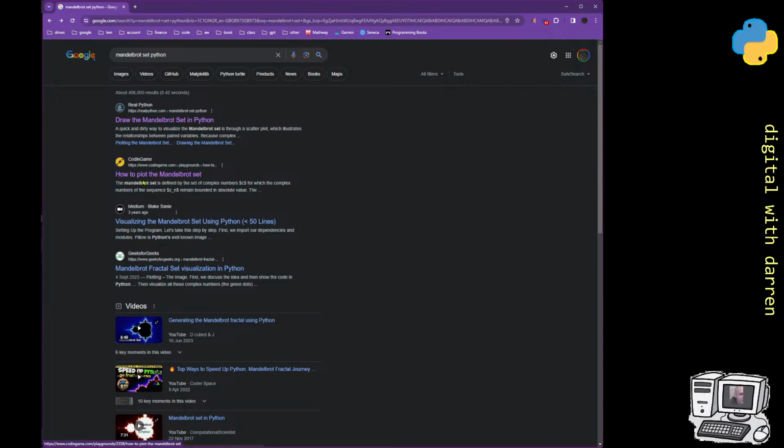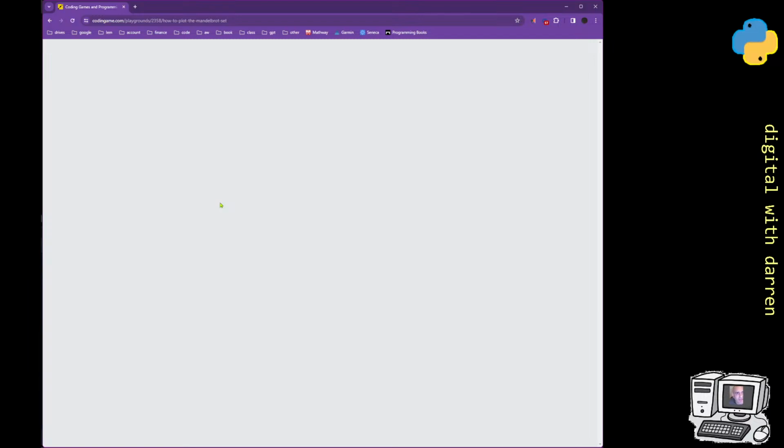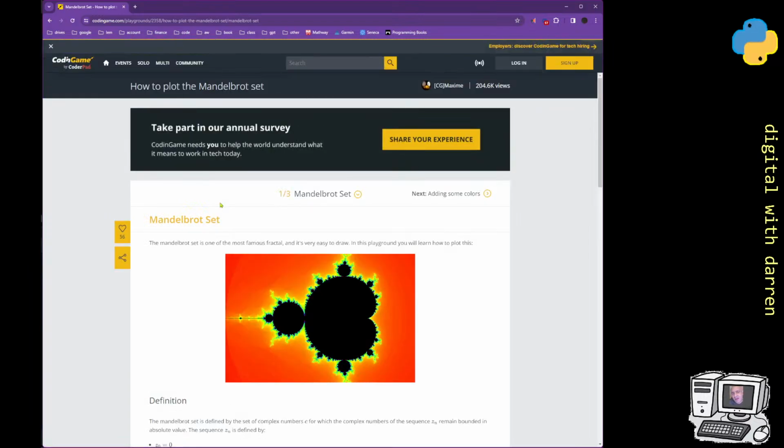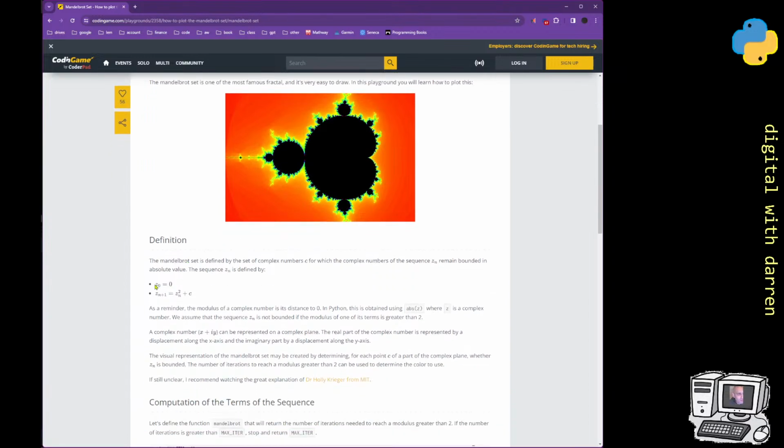But I only had to go down to the second link actually, and this one's called Coding Game. I've never seen this site before, but I click on it and take a look at the code. And actually, this is the one where I felt I could lift some code out of it, because although it didn't have the mathematic background, what it does have, apart from the Z0 equals 0, and I have to like recall what this means, and the Zn+1 equals Zn squared plus C,